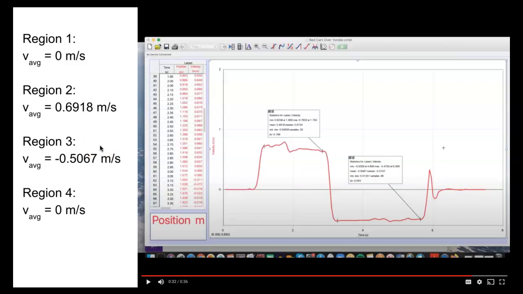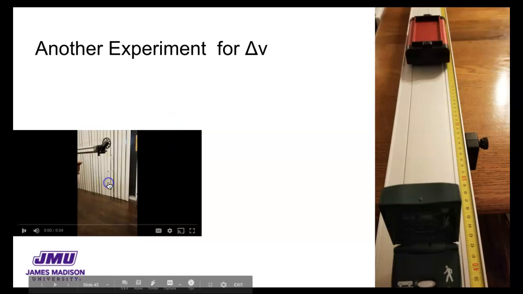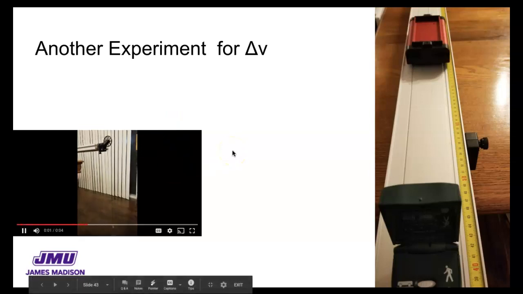And the reason why it might be more obvious in the next experiment. This experiment is the exact same equipment. We set up the motion detector and this cart, but I put it on a table and I tied a string to the cart, and on the other end of the string there's a little weight that falls like this. So the result for the